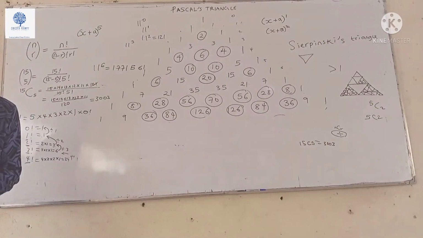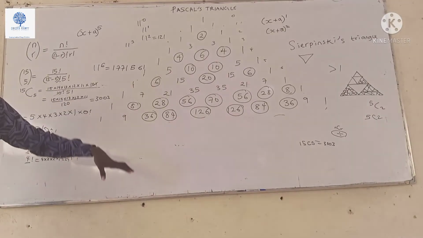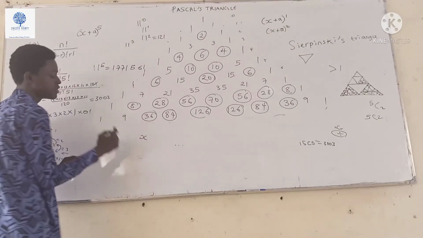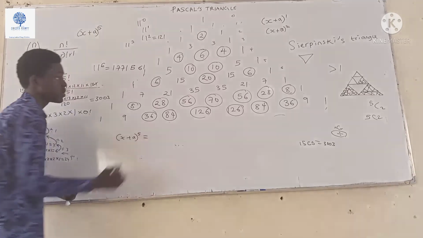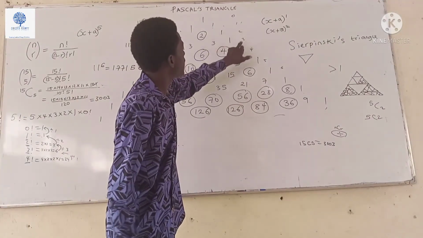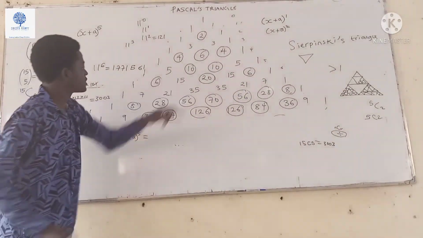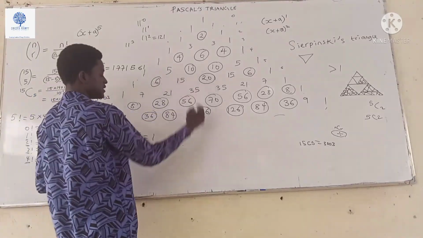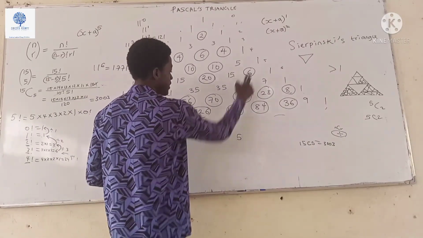So, going back to what our Pascal triangle is trying to tell us, we are having coefficients of expansion. So let's write x plus a to the power of 5. This is equal to, now let's go to our 5th row. This is our first row, our second row, our third row, our fourth row, our 5th row, right? Now we take each of these, we write 1, this gives us 5, this is 10, this is 10, this is 5, and then we have